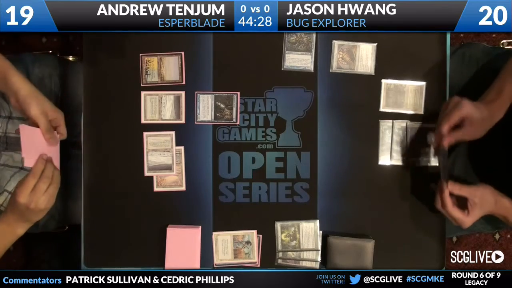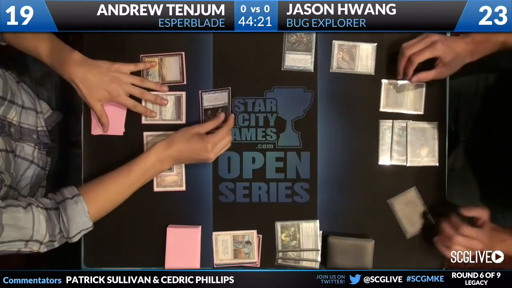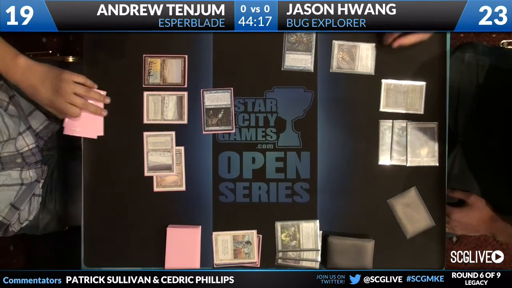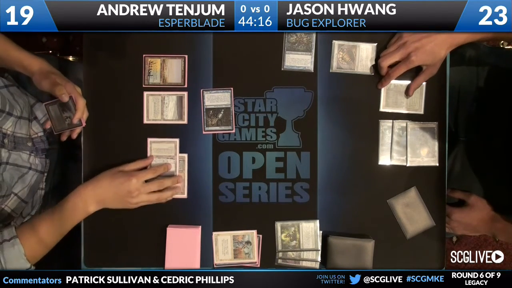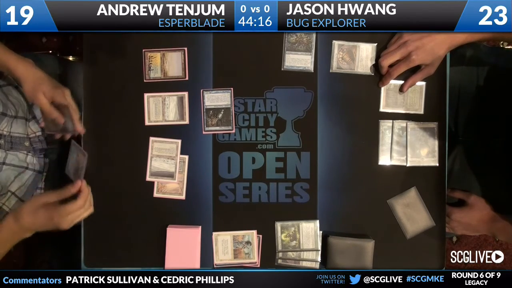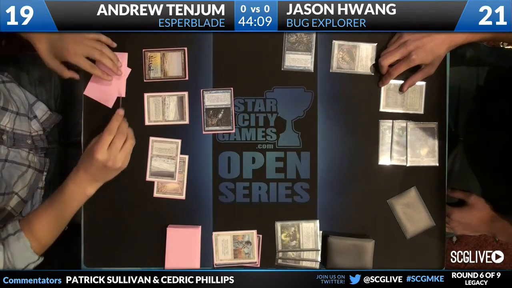What do you think? Let him keep the Force? Probably let him keep the Force, the way the game is being paced right now. Any fear that he can just hard cast that Force of Will? He doesn't have a second blue card, but sure, it's not the end of the world. But the game's on a pretty slow pace. You have 4 copies of Cabal Therapy in your deck, so it's not bad to strand him with a reactive